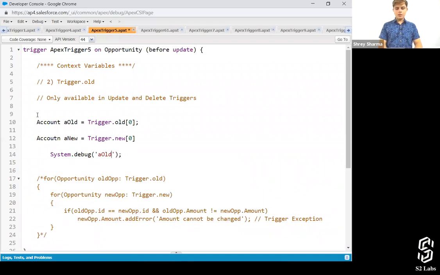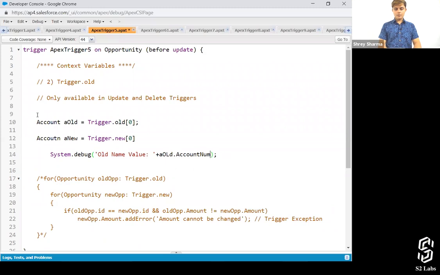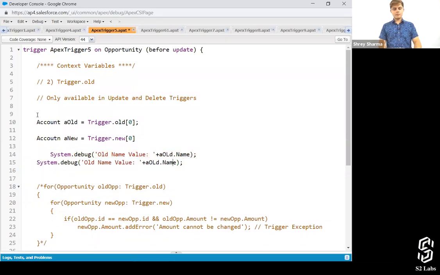"A old name value" plus A old dot name, and "new name value" plus A new dot name, right? That's what it is.